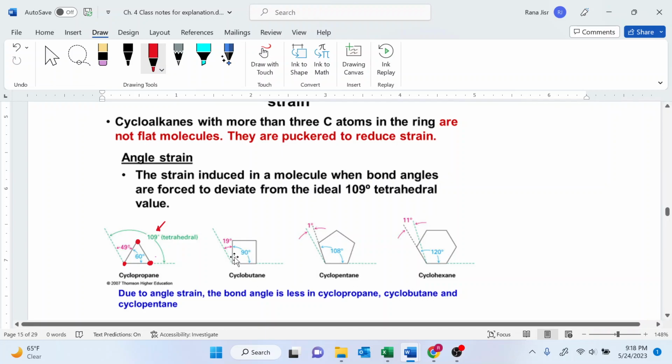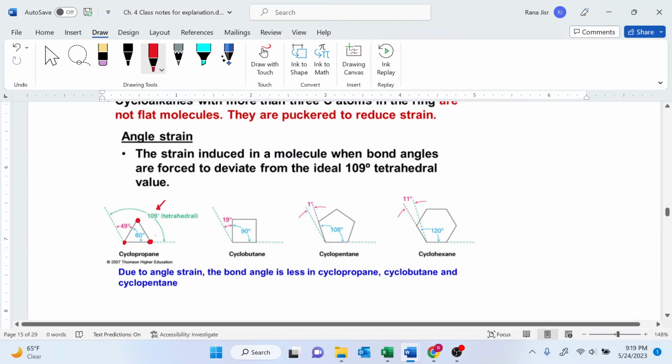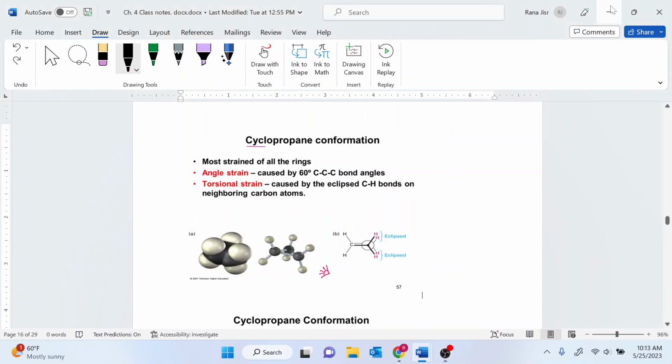Same thing for cyclobutane. The angle is 90 instead of 109.5, so it's a deviation of 19. For cyclopentane, it's a deviation of 1 degree, but for cyclohexane, it's actually an expansion of 11 degrees. Because of the angle strain, the bond angle in cyclopropane is the least among all the cycles. Compared to other cycles, cyclopropane is the most strained of all the rings, meaning that it has a very